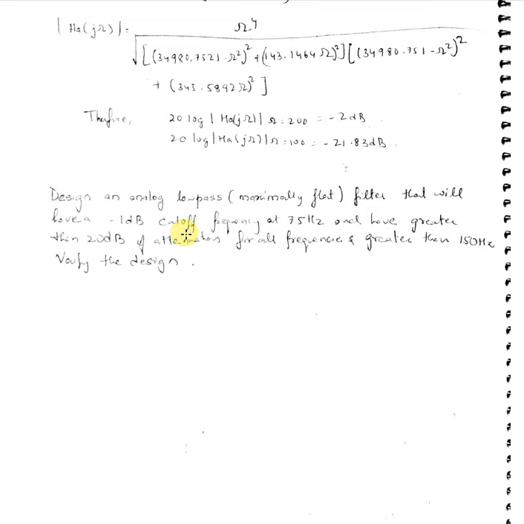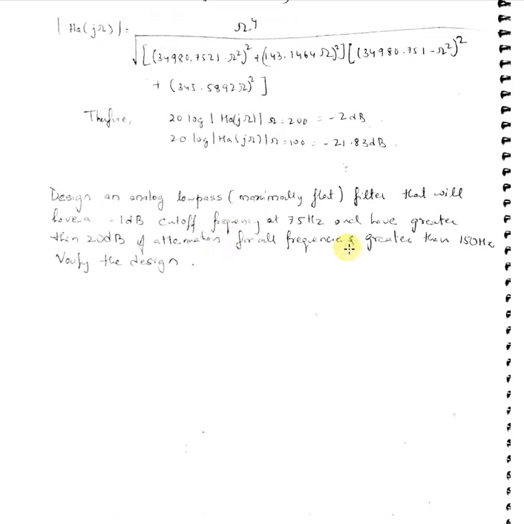So when you draw it, you will get your omega p cutoff frequency, omega p, it allows till there. So 1 dB is your AP, omega p is 75 Hertz, 150 becomes your omega s, and your AS becomes your 20 dB. The attenuation will be in minus, so you can consider both in minus. Now you have this, and AP is already 1 dB. So now what you will have to do is directly calculate the N.